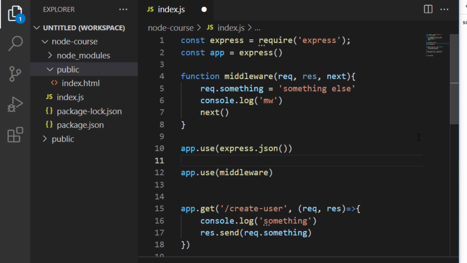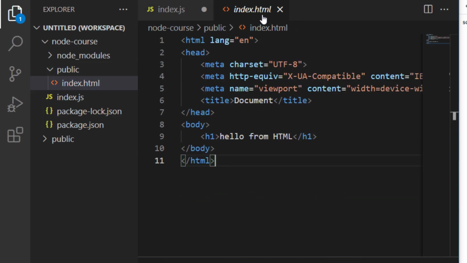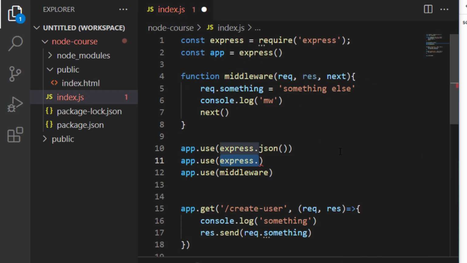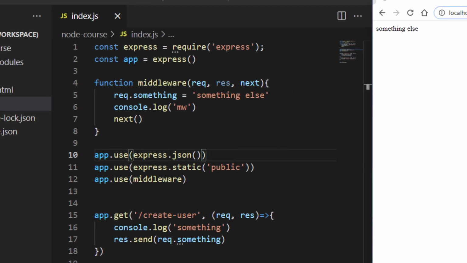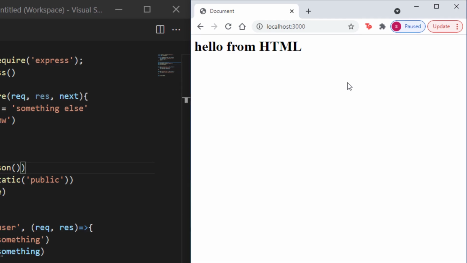Now the next thing it might be able to help out with is serving up static assets. You know, the HTML, CSS, JavaScript, etc. So right over here I have a public folder, and inside of it I have an index.html file, and I'll just go ahead and put app.use(express.static), and it would accept the path of the public folder as an argument. So I'll just go ahead and paste in there public because it's inside of my project directory. Now if I go to localhost:3000/index.html, it will give me my HTML file.